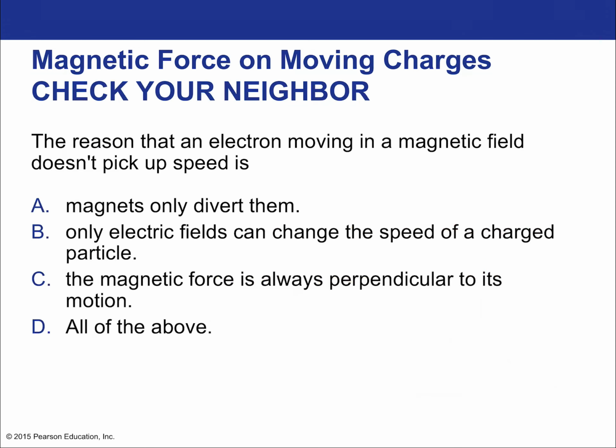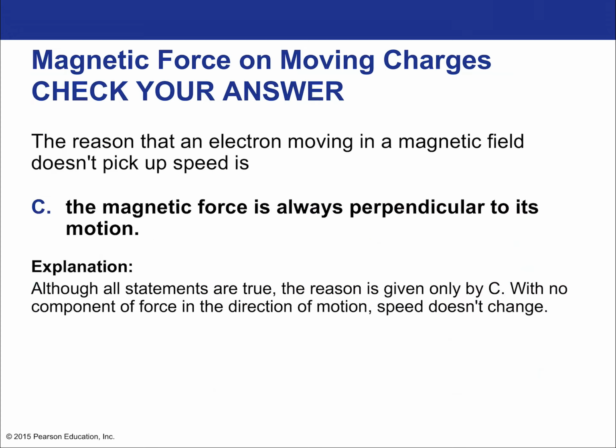All right, so the reason an electron moving in a magnetic field doesn't pick up speed is because the magnetic force can never do work on the charge. It can only change its direction. So it exerts a force on it, but that force is doing zero work by definition, because work can only be done if the force is parallel to the displacement. But here the force is always perpendicular to the displacement. Magnetic fields do no work. They can change direction, but they cannot slow down nor speed up electrons or any charged particles. All right? That very nature of being perpendicular is so interesting in the way it ties in with energy conservation and the whole idea of physical work.